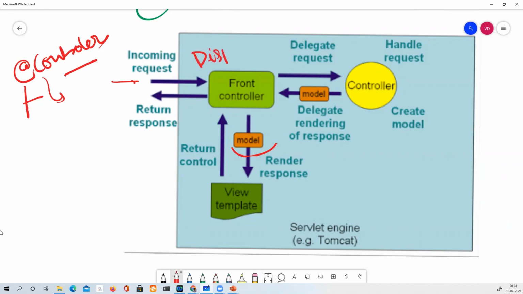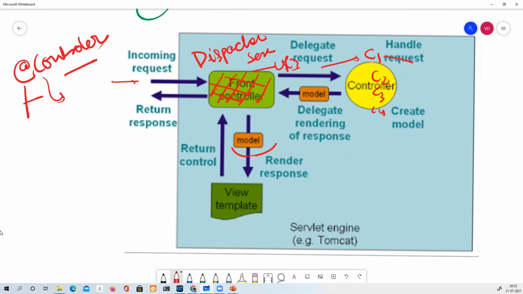servlet. This is basically nothing but the front controller for your application in Spring Boot. Now, based on the URI, it wants to find out which particular controller should be invoked. Say C1, C2, C3 and C4 are defined. Now it will redirect: hey, C1 is going to handle it.